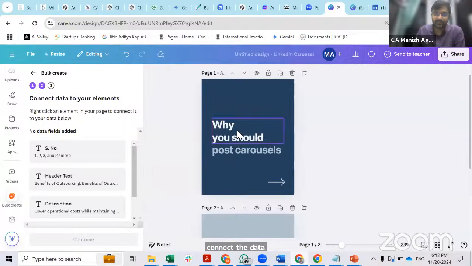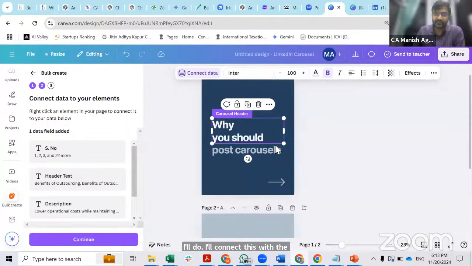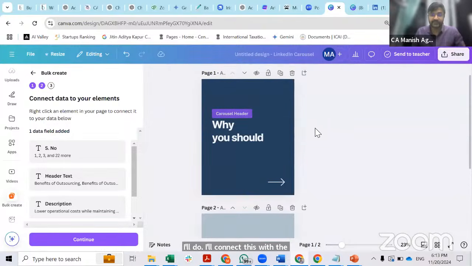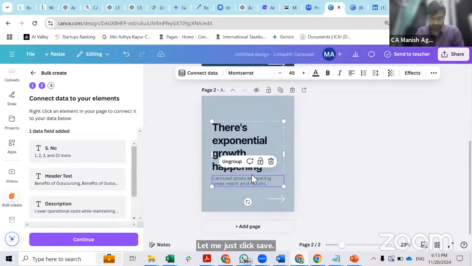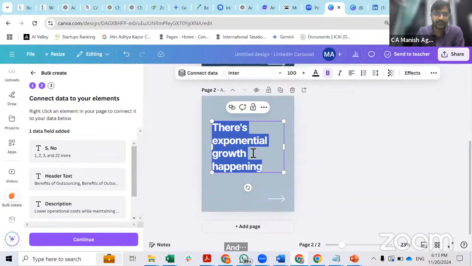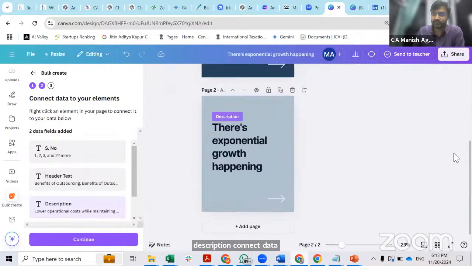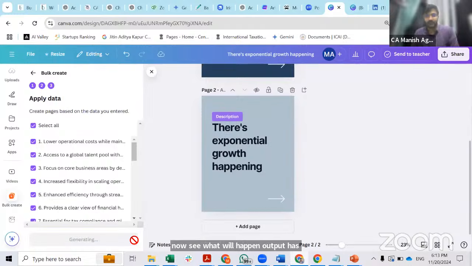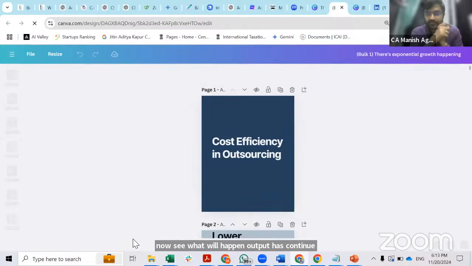So now I'll connect this with the carousel header. And let's say, connect this with text description. Connect data and with the description. Now see what will happen. I'll press continue. Boom. So it will generate 25 designs for me in a second